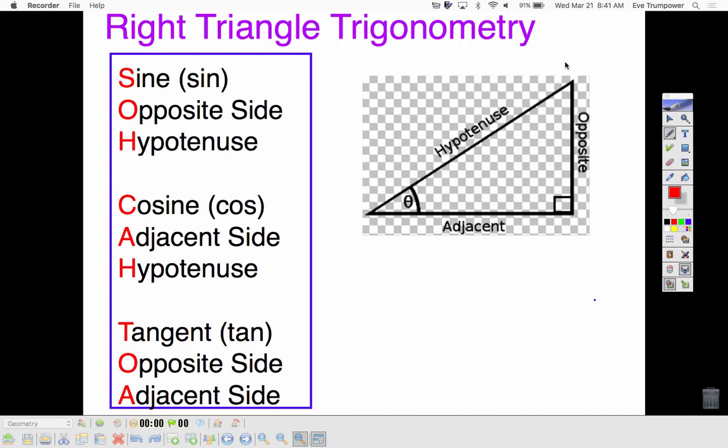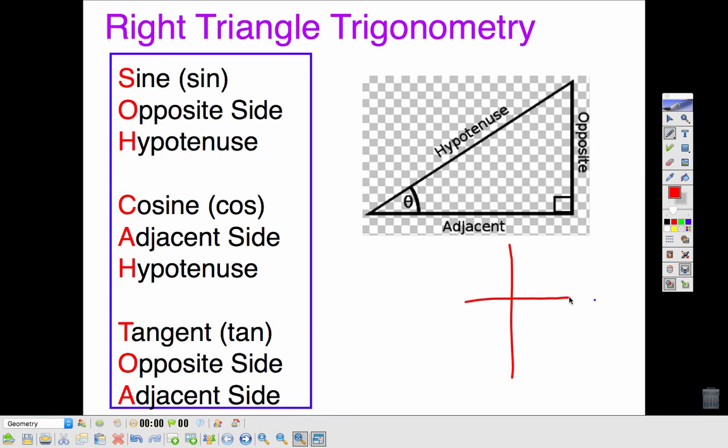Sine, cosine, and tangent are all trig functions. They're like wave functions like this for sine and cosine, and then tangent is like that, okay? You'll learn a lot more about what those actually are and what they mean, but what we're using them for right now is to solve triangles. We can use right triangle trig. Okay, so when you have a right triangle,